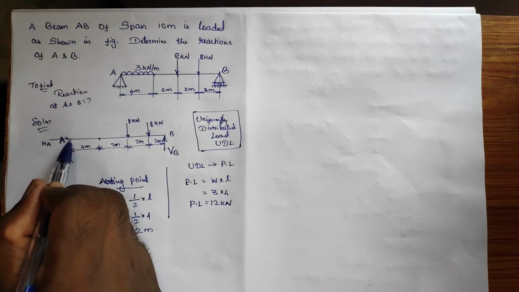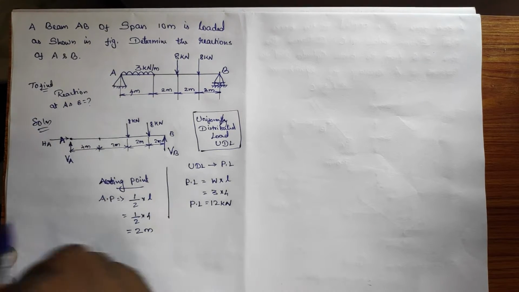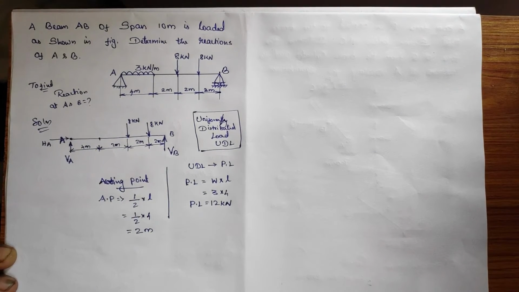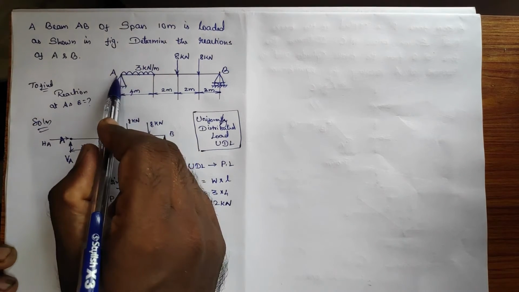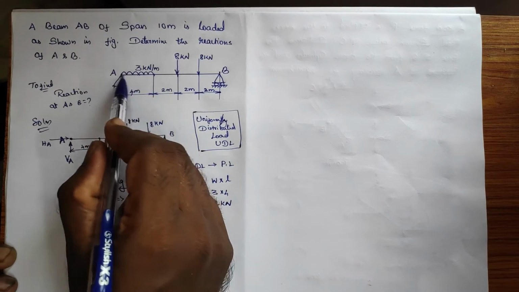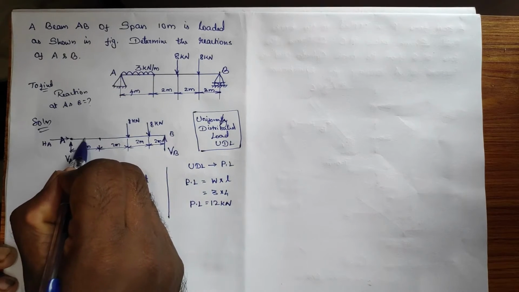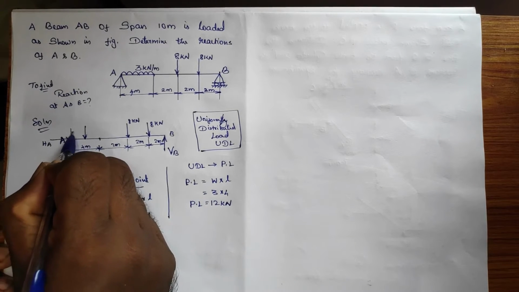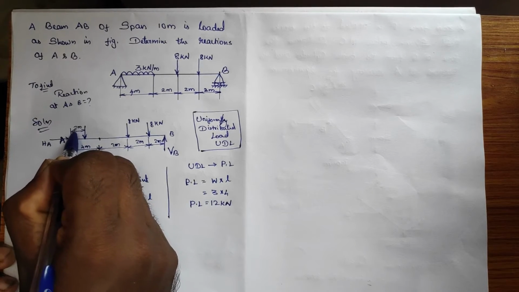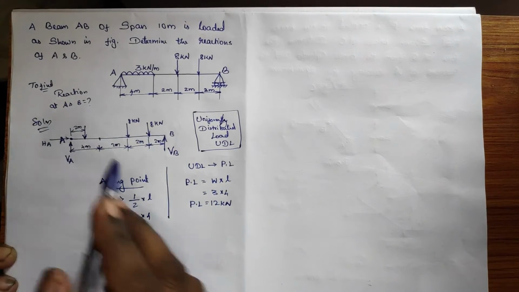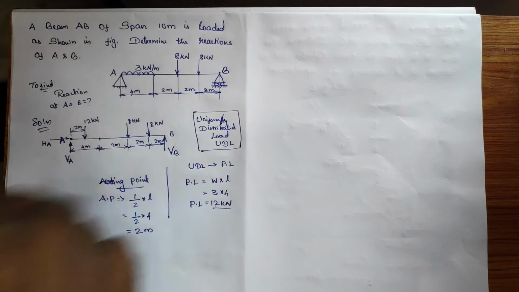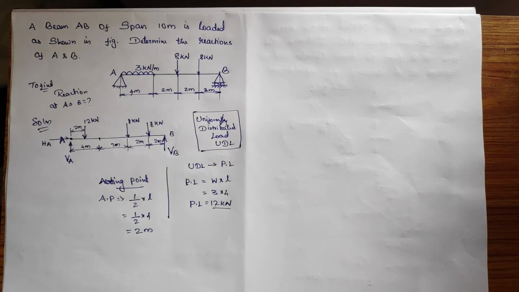Okay. So we have found the point load for this UDL. Now it's time to locate the place. It is 2 meter from point A. That means in between this segment it is 2 meter. So at the mid of this segment of 4, I am just going to mark it. It is 2 meter from point A, and its magnitude is identified as 12 kilonewton. Now this UDL is converted into a point load. So this is how we need to predict it.